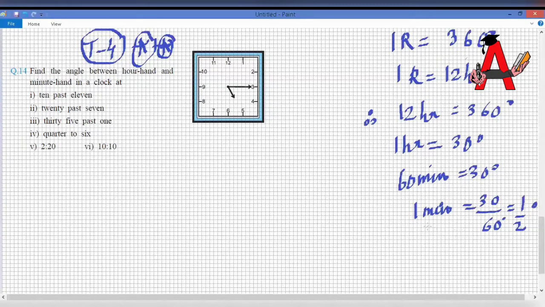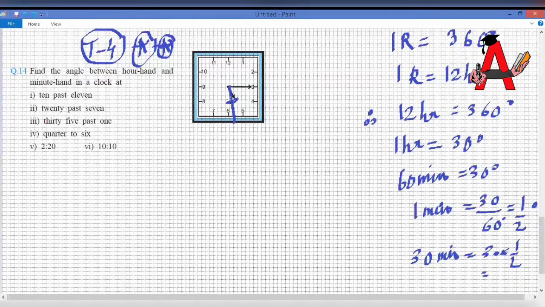I will further explain this concept. Now suppose in 1 hour it moves from 5 to 6. So this is 30 degrees. And if it is moving half of it, which means it is covering 30 minutes, it will be equal to 30 into half, which is 15 degrees, which is also logical. If in the whole 1 hour it covers 30 degrees, then in half an hour it will cover 15 degrees. I'm talking only about the hour hand. Remember this. I hope this part is clear.